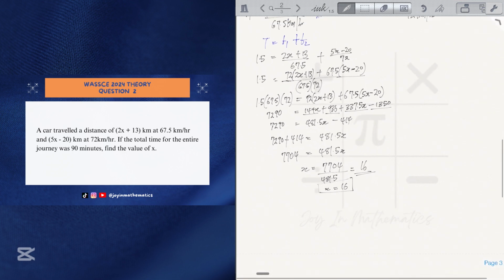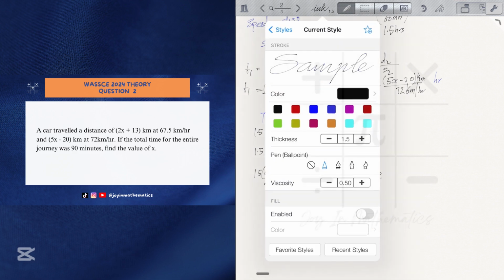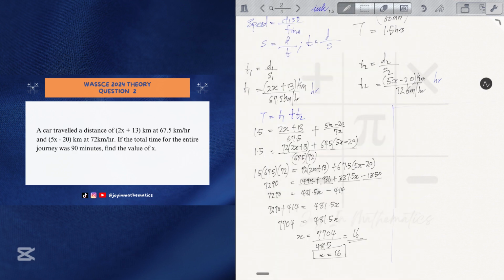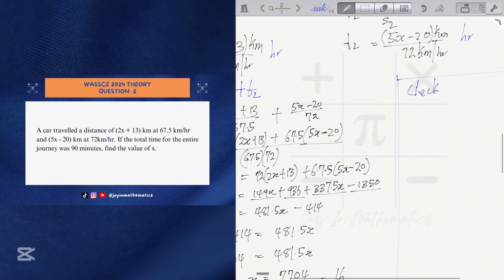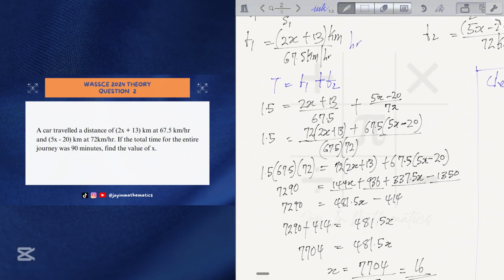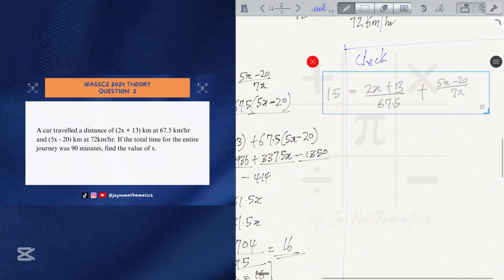Now we have solved the value of x. Now let's confirm our answer. So we have to do a check to know if the value we have is correct or not. So we will check by this expression. The only way to check is by this expression, where 1.5 is equal to 2.2x plus 13,